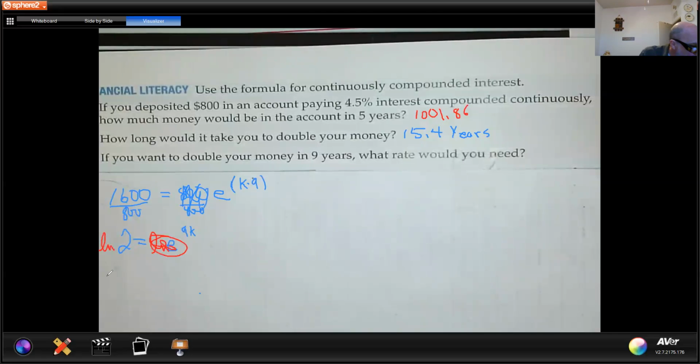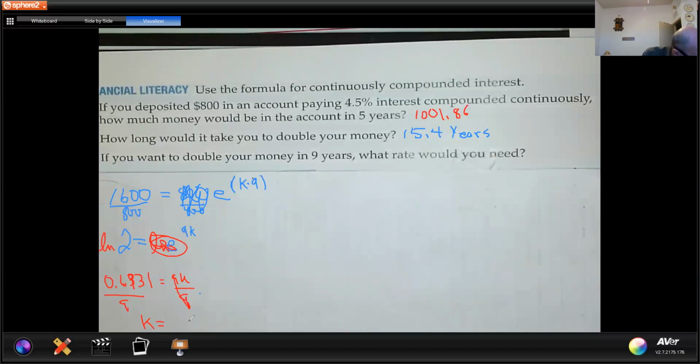All right, what is the natural log of 2? Again, we know the natural log of 2 is 0.6931. Yeah, that equals 9K. So I just have to divide by 9, and I know K equals